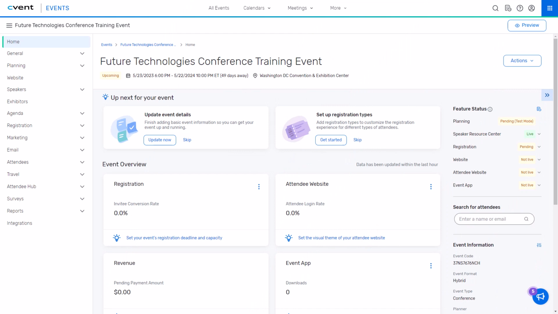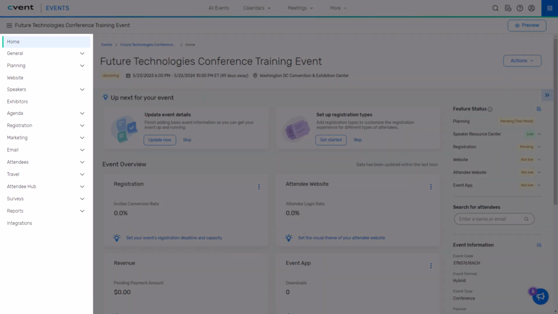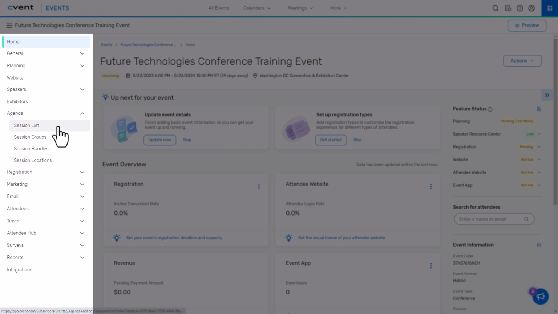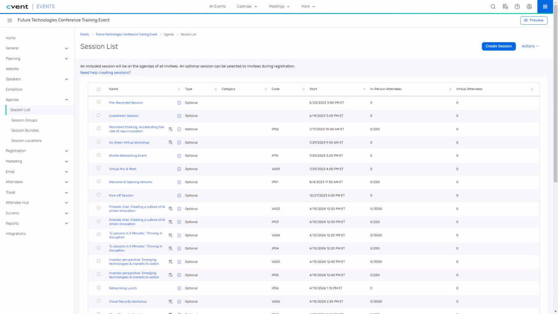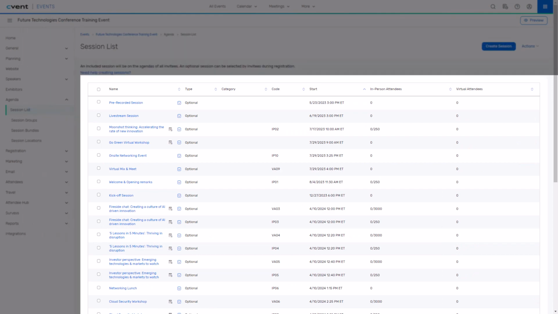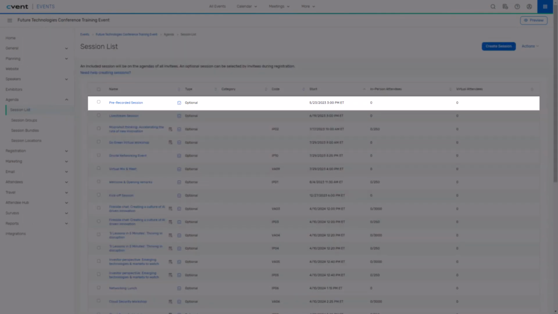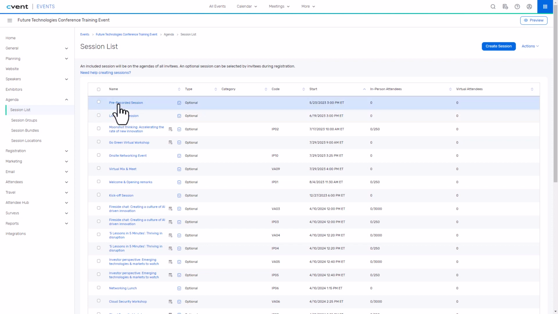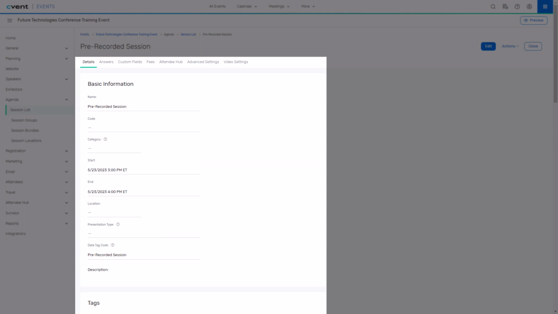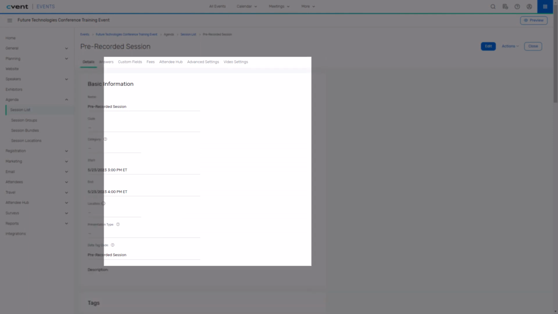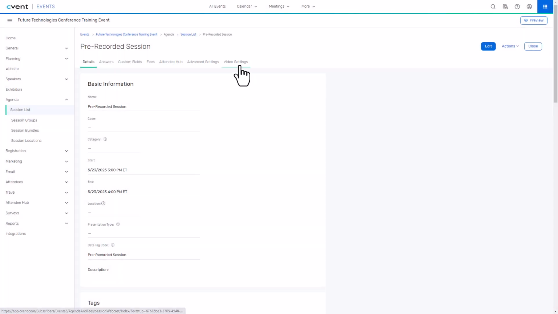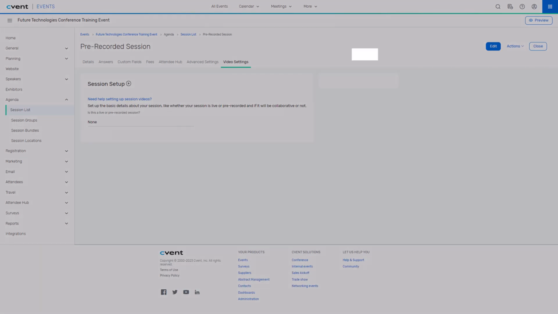We will begin from the left-hand navigation menu. We will select Agenda, followed by Session List. Please note, sessions need to be created first in order to configure any virtual or video details. Select the session that you want to configure. The Details tab will open by default, and in order to add in your video, click the Video Settings tab